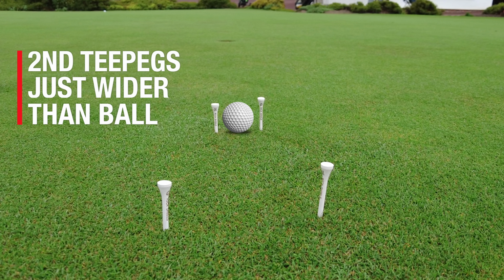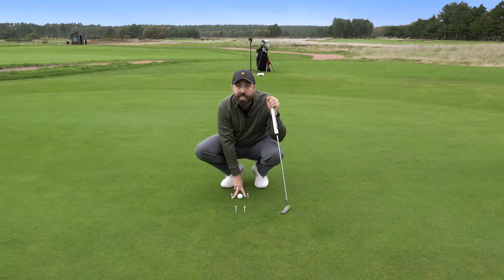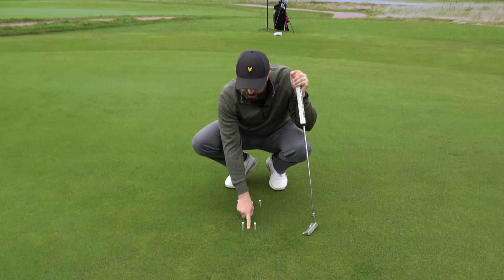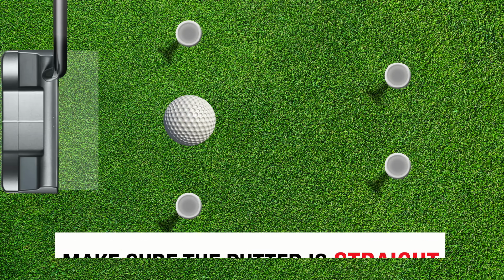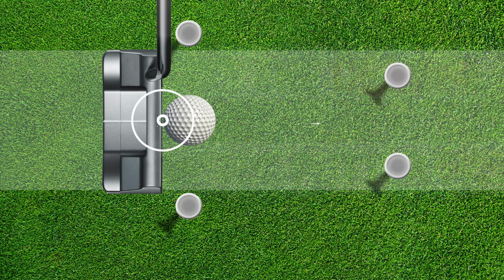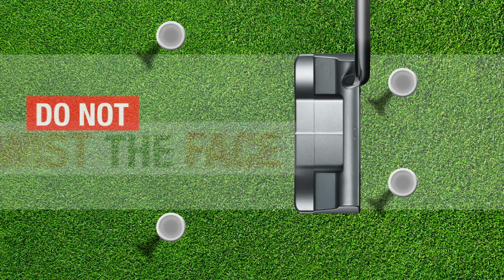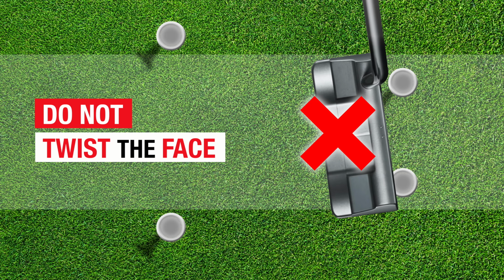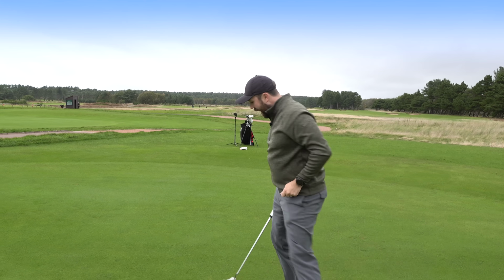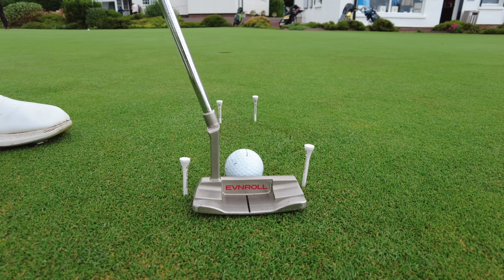And all I'm going to focus on here is put it in the middle and make sure my club goes through those 2 tee pegs, my ball goes through there, and we knock it in. It's focusing on start line, making sure that putter is traveling as straight as we can, finding the center of the putter face and make sure it's not twisted. It makes a massive difference when you get on the course. It boosts your confidence and it'll help you start your ball much more on line. So straight through those tee pegs